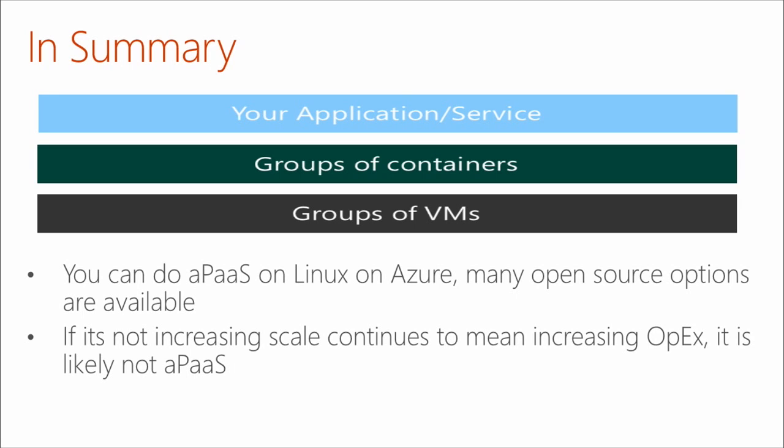And then the second takeaway is, pay attention to the scale aspect. Elasticity, right? Elasticity is the key design point for the platform as a service layer. If increasing scale by 100,000 means that you would have to do more work, it's likely not PaaS, right? So a lot of the options that we talked about today truly emulate what is needed for auto scaling, right? So your application doesn't have to worry about going and saying, I need 3 more NICs, 4 more NICs, and you go deploy, and something fails. You really don't want to get into that business if you're focusing on PaaS.